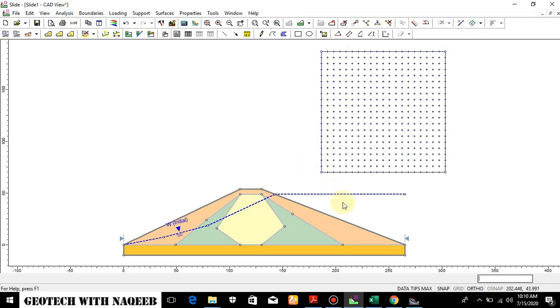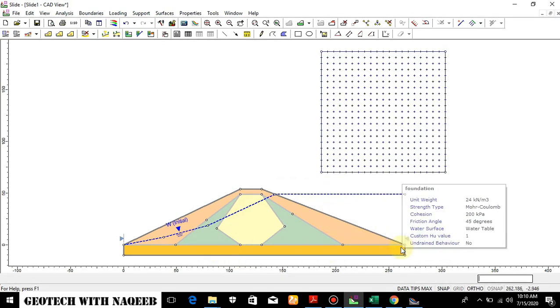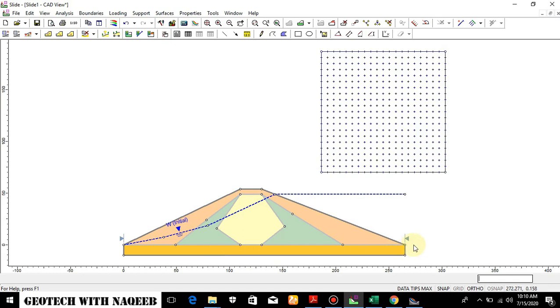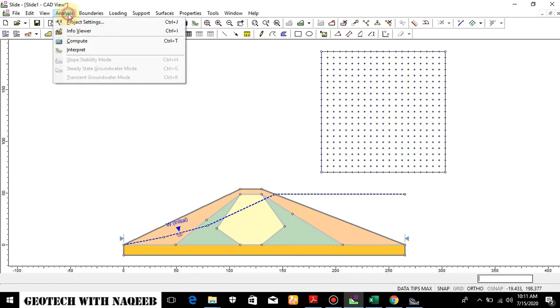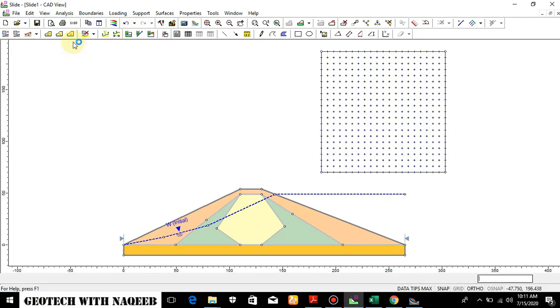Now in this position, this is the initial water level and it considers the rapid drawdown to the 0 level in this case. So let's check what is the factor of safety after the drawdown. You can define the multi-stage rapid drawdown as well. We will check in a few minutes as well. Now we will go to compute,